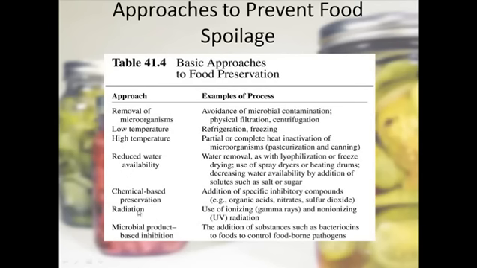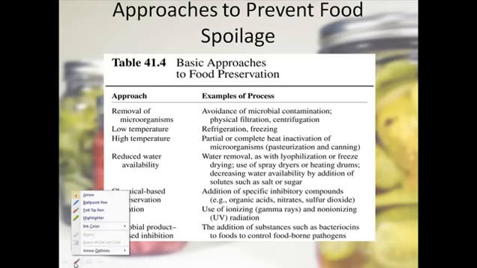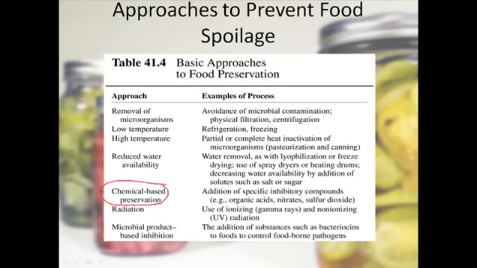But one thing you should know about chemical based preservation is that they are also chemicals. To protect ourselves against chemicals, we are using chemicals. So this is oxymoronic, but these chemicals have to be safe for our health. If we do not use safe chemicals for our food preservation, the chemicals we use as our friend can become our foe after some time. So we have to use those chemicals which are generally recognized as safe. We call them GRAS. So generally recognized as safe by the different chemical control boards. So if we use those chemicals, that's fine, that's safe.